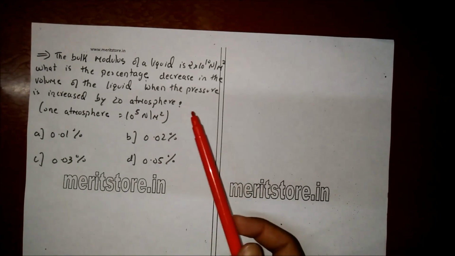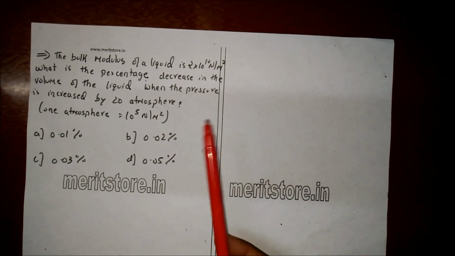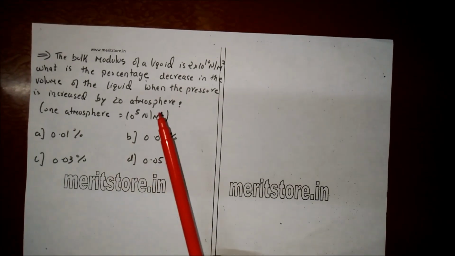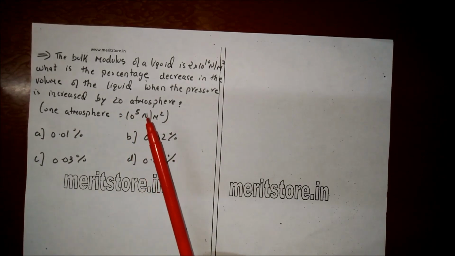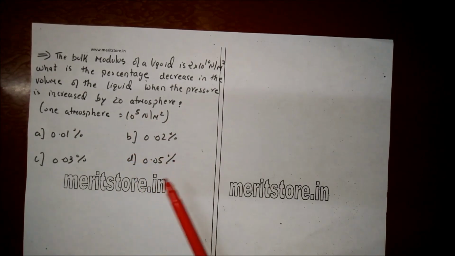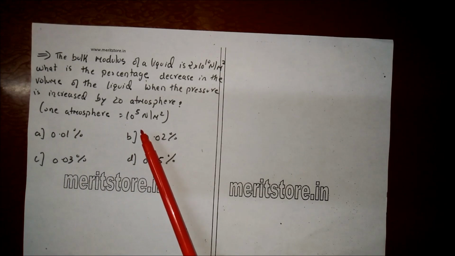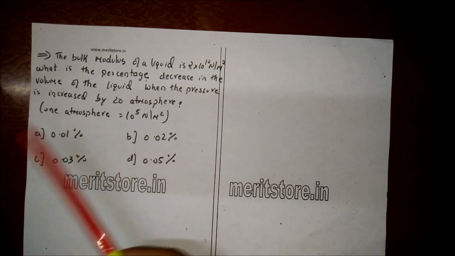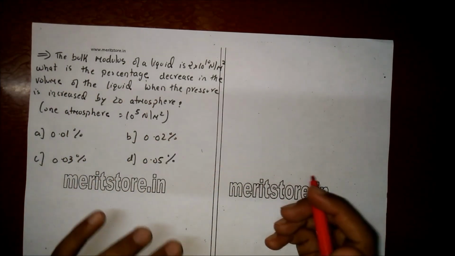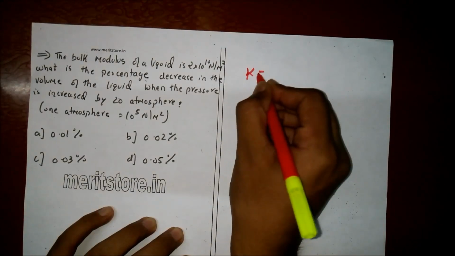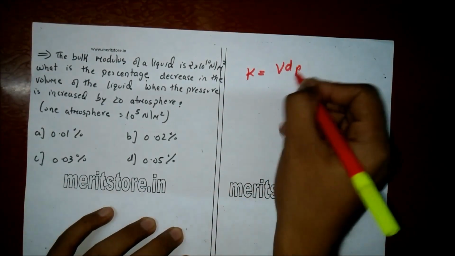The bulk modulus of a liquid is 2 into 10 raised to 10 Newton per meter square. What is the percentage decrease in the volume of the liquid when the pressure is increased by 20 atmosphere? Where 1 atmosphere is equal to 10 raised to 5 Newton per meter square. Here are the options. Now the bulk modulus is given by the formula K is equal to V dP upon